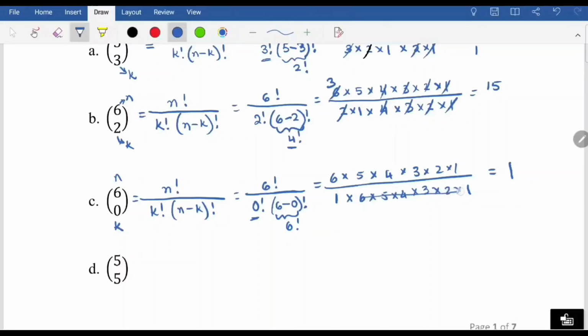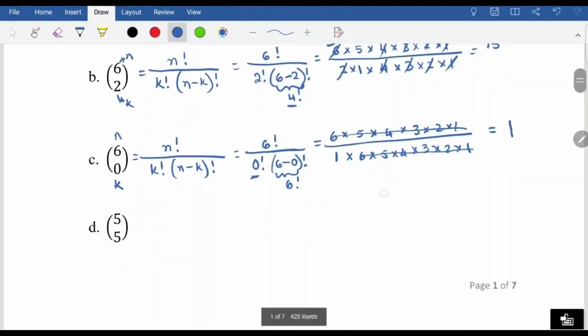All right, all this is going to divide, correct? And we will end up with 1 for our answer. Now, let me tell you this, because you can just use this fact. Whenever you have 6 combinations 0, you are always going to end up with a 1. Doesn't matter what n is, whether it's 3 or 6 or 8 or 17 or 1000, doesn't matter. As long as the number at the bottom is a 0, you should always end up with a 1. All right, it can save you some time